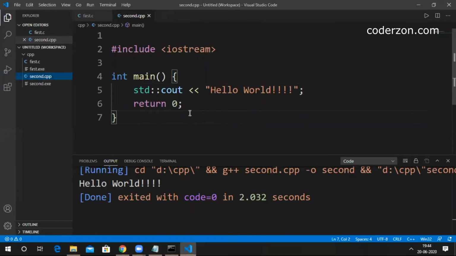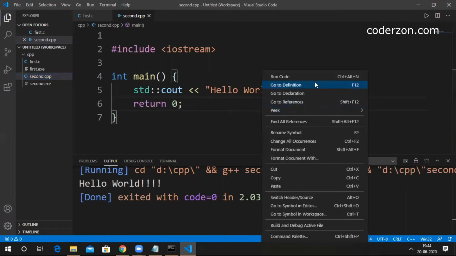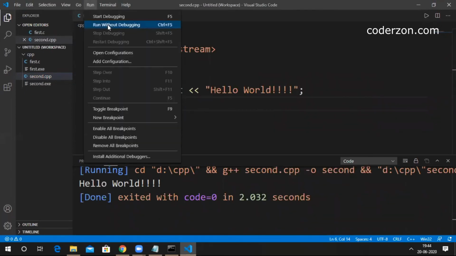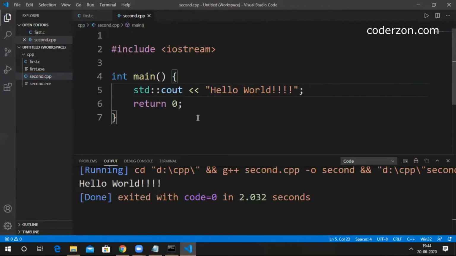If you want to run the code, either you can press here, or you can right click and run code, or you can press Ctrl Alt N, or we can use run without debugging. There are many options using which we can run programs.